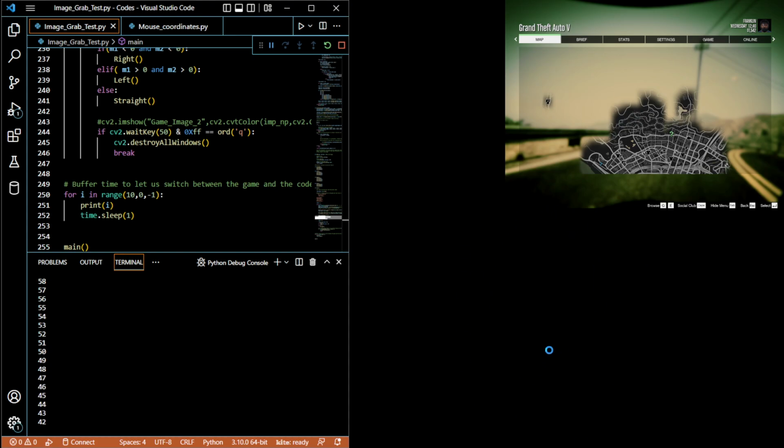As you can see, it is a loading screen. The reason it has not loaded yet is because the OpenCV loop is not working. So I'll switch to the game because the timer is running out. Within 30 seconds, I'll switch, and once that is done,